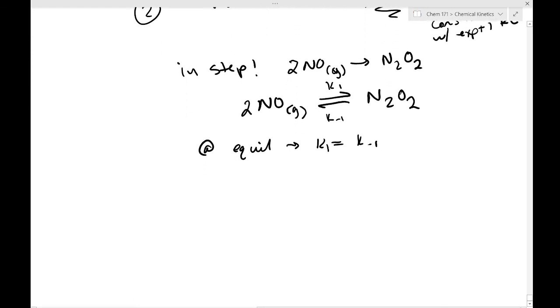Okay, so we can express the forward reaction, or the forward rate law, as rate equal to k1 times [NO]